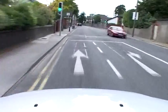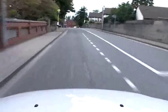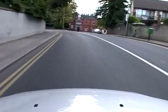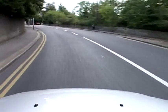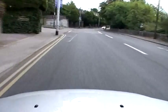Again, we have a green light, so we have to check our junction. Quick glance, everything's fine, so we proceed through. Now this bend, we would need to be back down in third gear. Nice and slow for this bend. And we're coming down the hill now. South hill on our left,